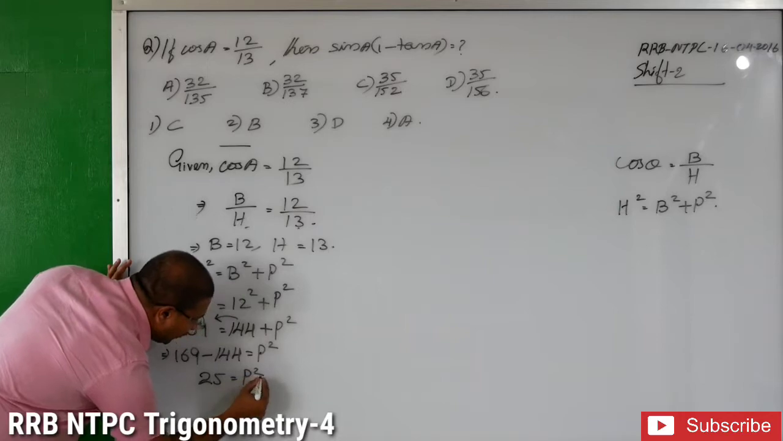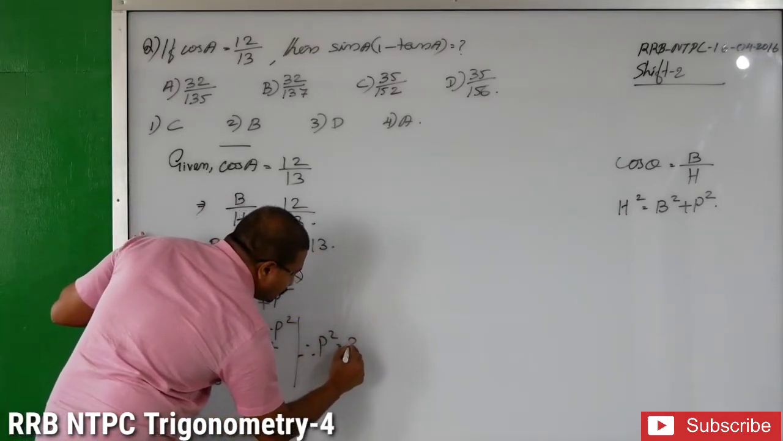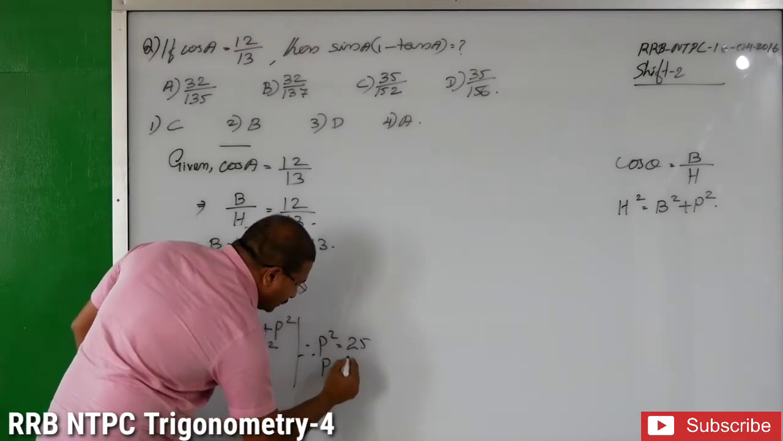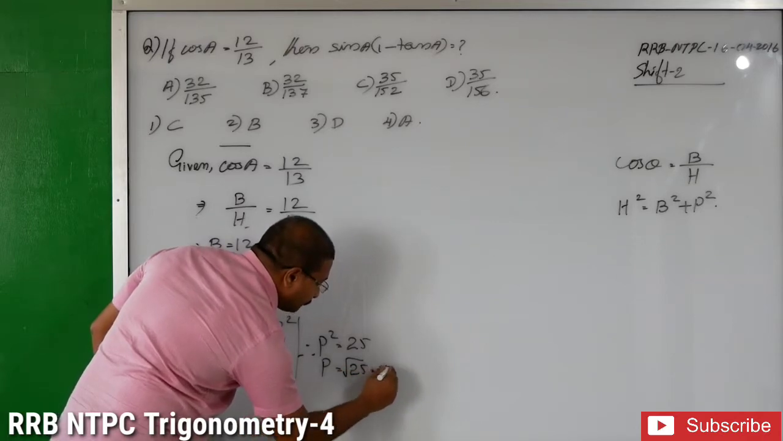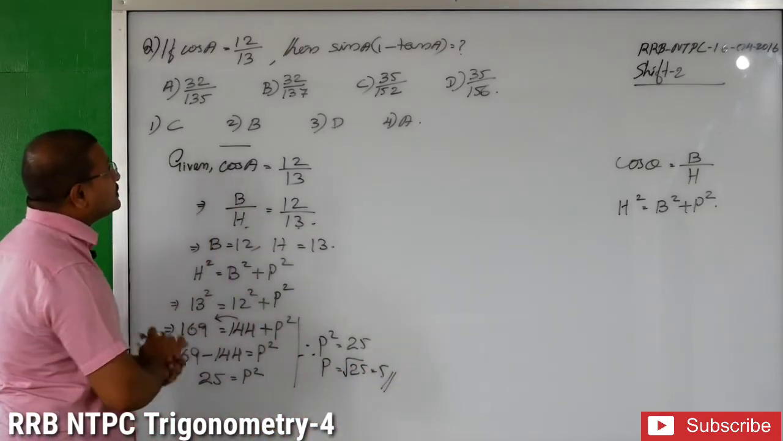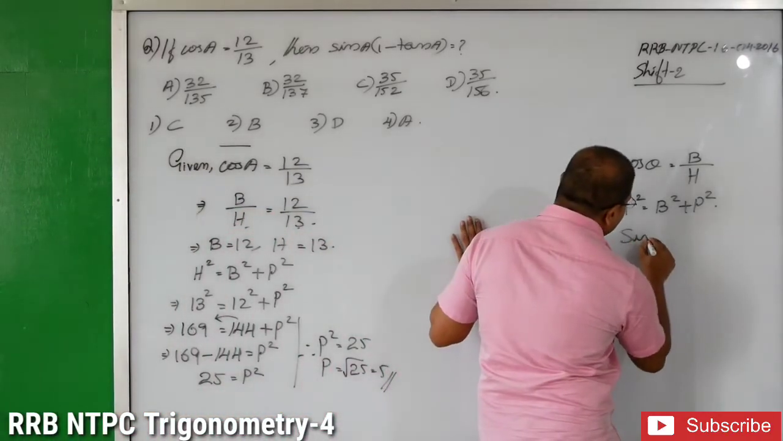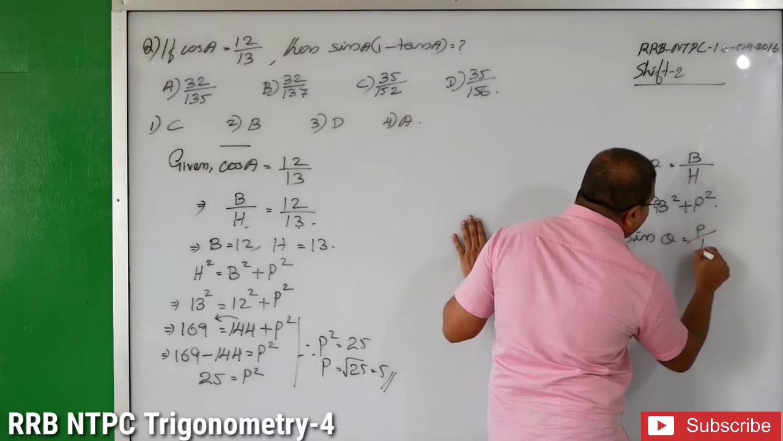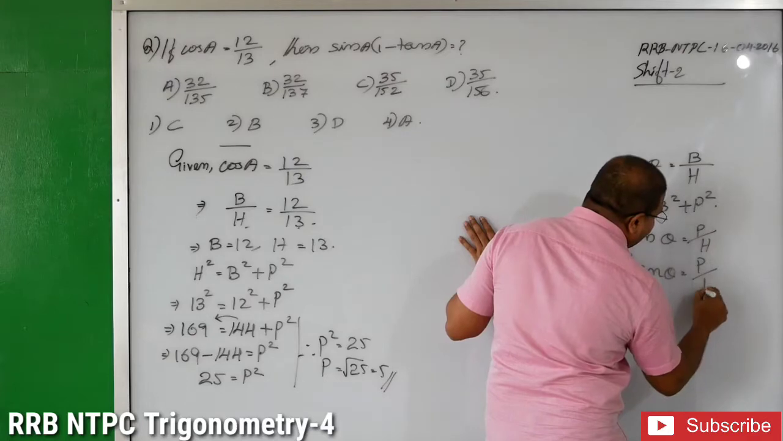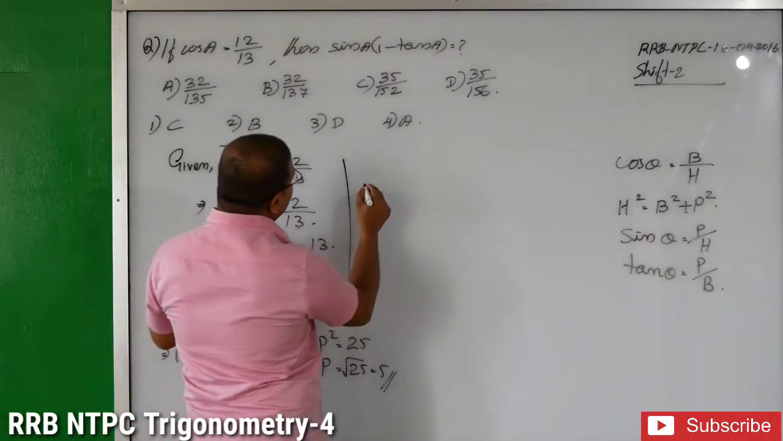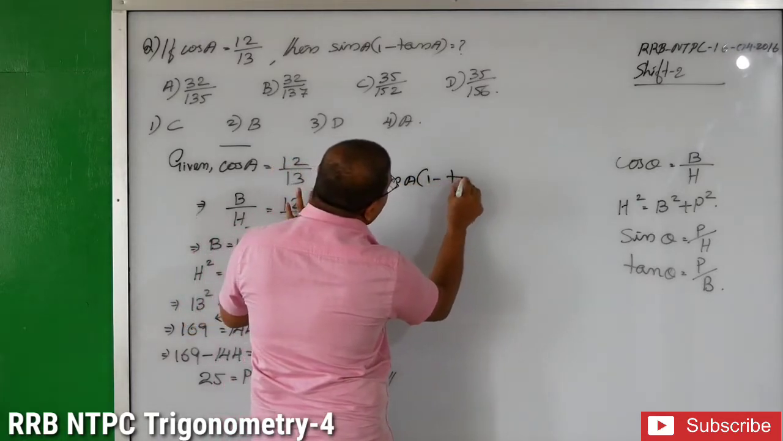25 equals perpendicular square. Therefore, perpendicular square equals 25. So, perpendicular equals, square goes to the next side, root 25 equals 5. Now, we want the value of sin A into 1 minus tan A. So, we will write sin theta equals perpendicular by hypotenuse and tan theta equals perpendicular by base. We will write now, sin A into 1 minus tan A